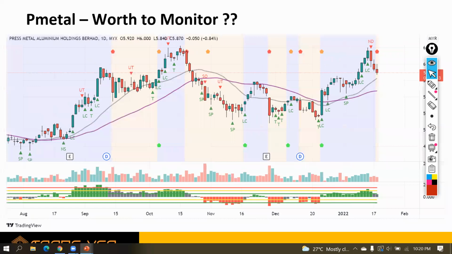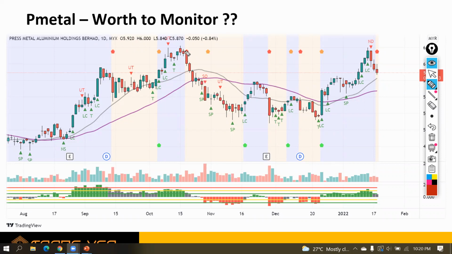Now, the next one that I'm monitoring is P Metal. Of course, it's a different sector already. It's not from energy anymore. But what I noticed from P Metal, of course, all this one kind of like monitoring P Metals. So if you look closely just now,